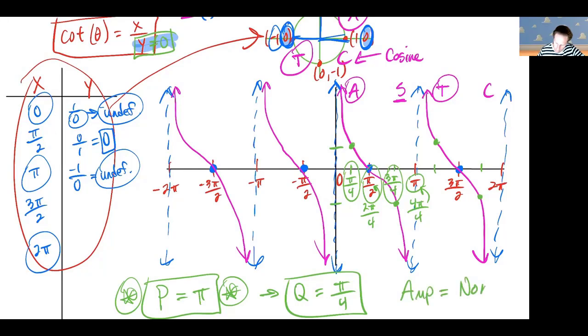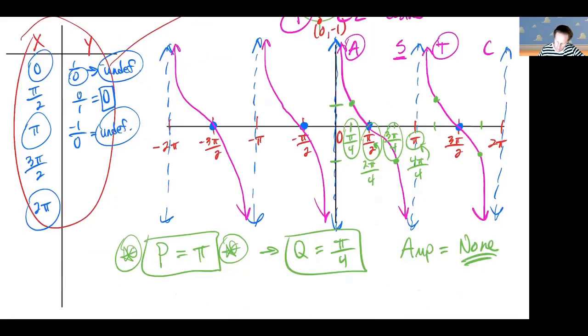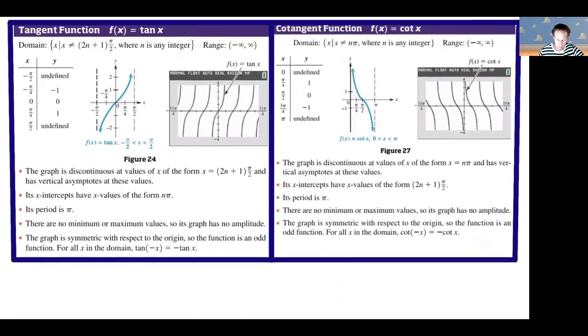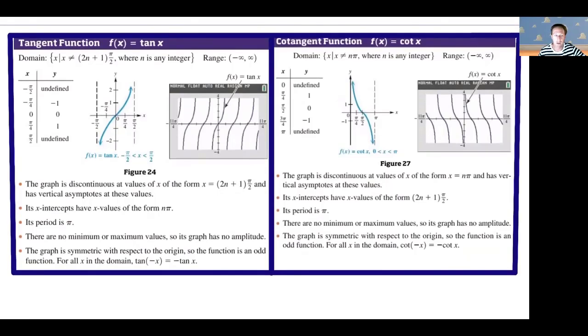Technically, there isn't any, but we will still call it a 1 for that a value so that we know whether or not it's been stretched at all vertically. All right? So just to give you some more condensed notes of all of this, some of the things I